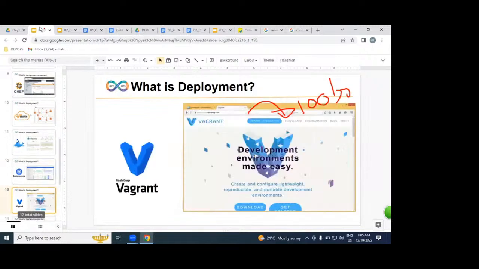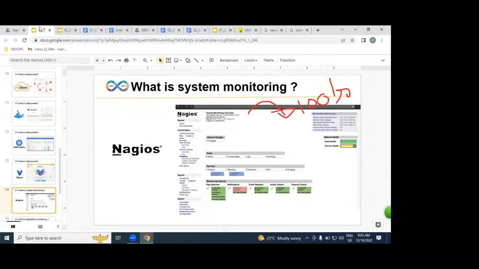Understood very clearly? So not only deploying our applications on Docker and on Kubernetes, we are going to be deploying our application by using Vagrant. Vagrant is a virtual provisioning tool. We can create virtual machines on your laptop, not a production environment, and on top of that we can deploy our applications also. Vagrant is for laptops only, not for production. But AWS is a production environment, Kubernetes is a production environment, Docker is a production environment, but Vagrant is only for the dev environment. And we are going to be using Nagios.